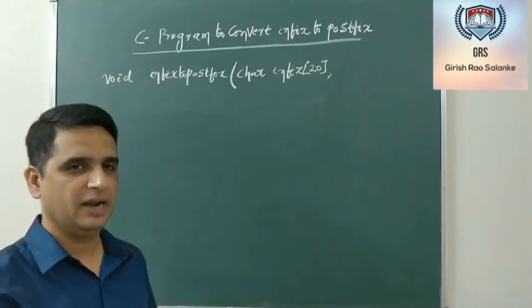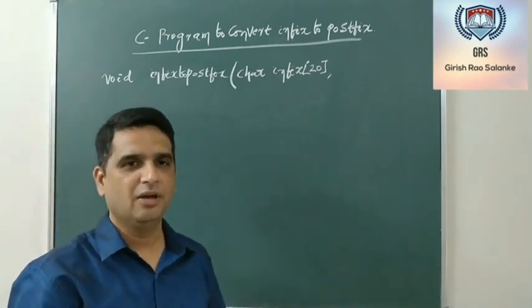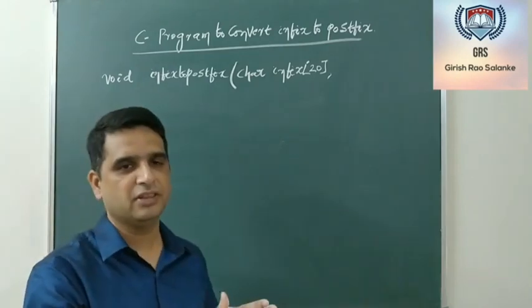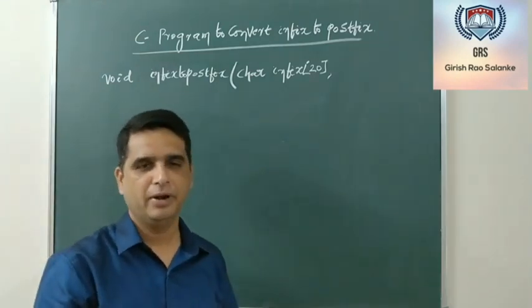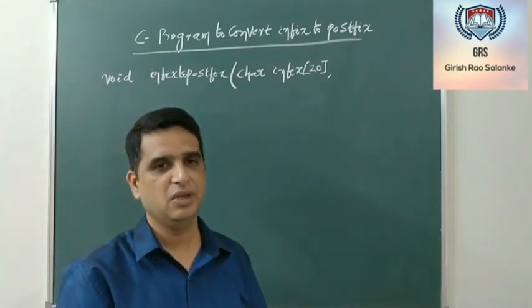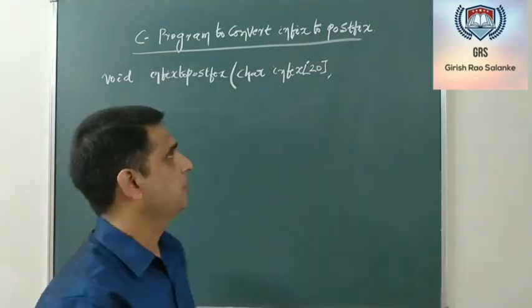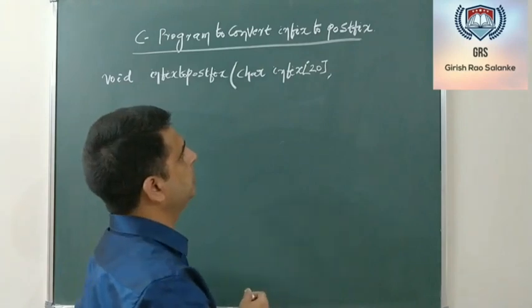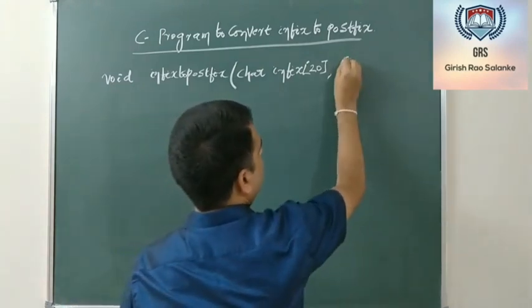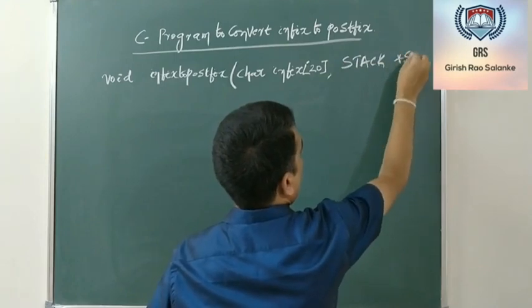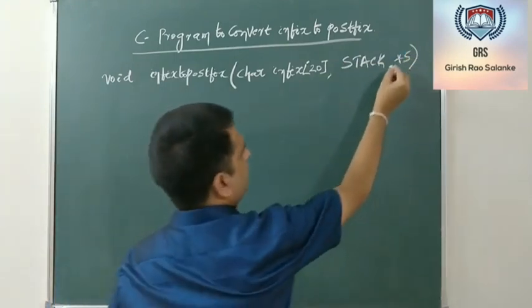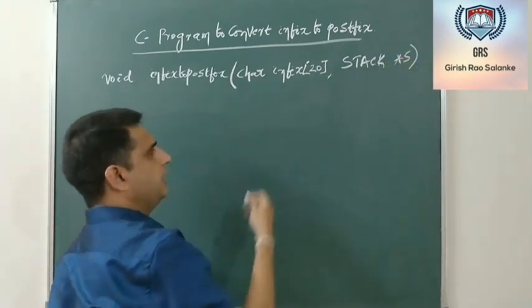Now coming to the second argument. While converting the given infix to postfix, we are making use of a stack. In the previous video, you might have observed how stack is basically used to convert infix to postfix. So my second argument to this function is a reference to a variable of type Stack, in uppercase. The variable name is S. S is a pointer variable of the data type Stack.